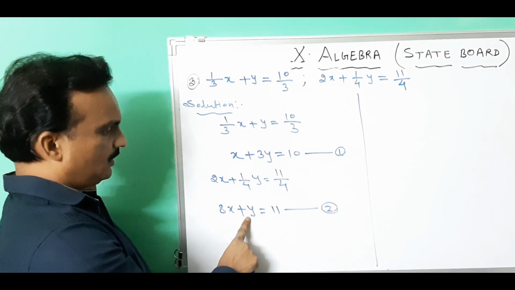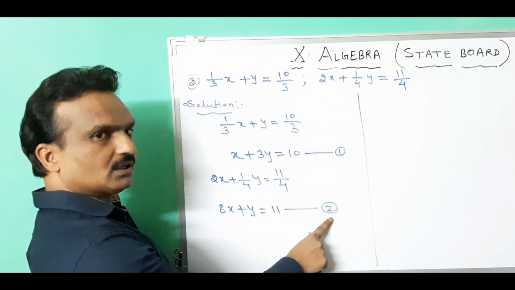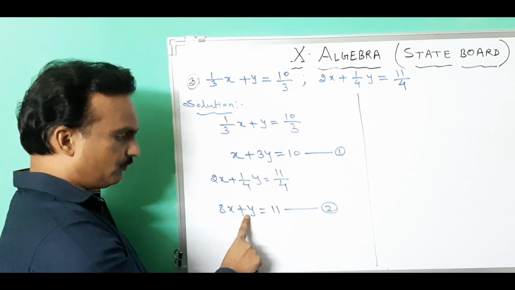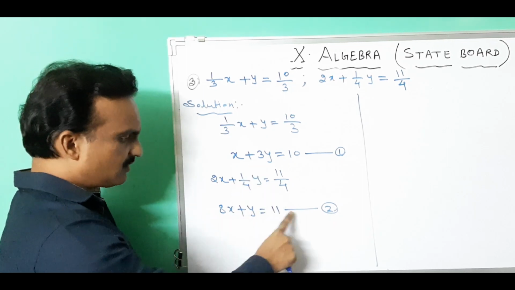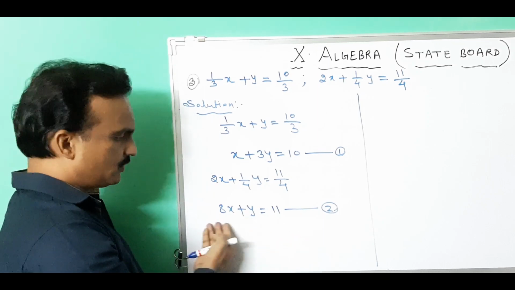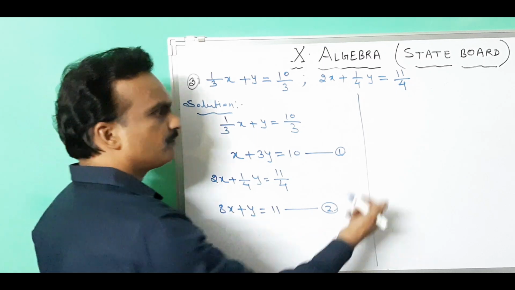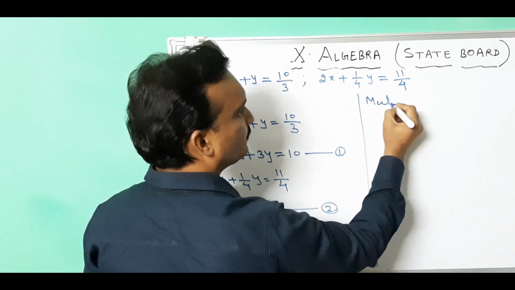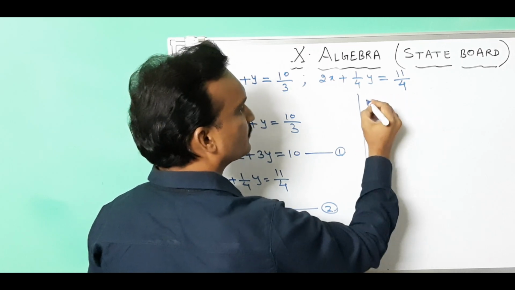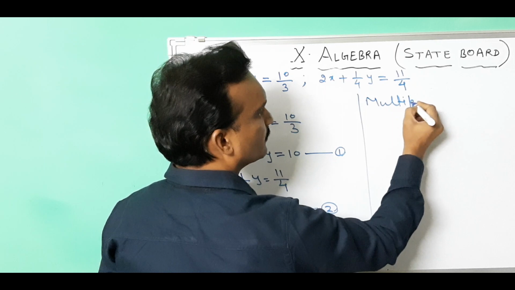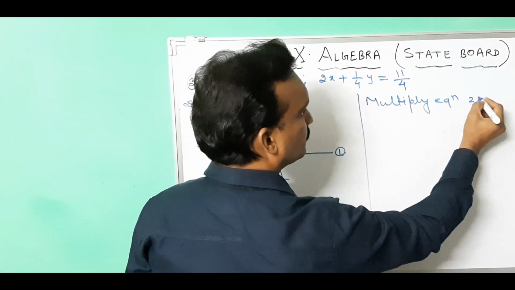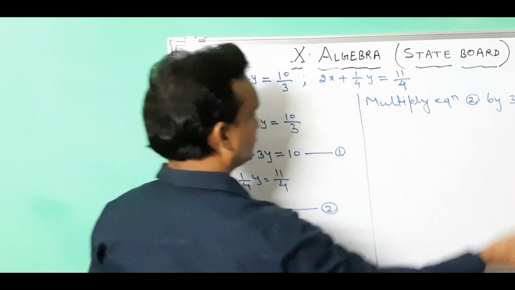ओके. सो हियर y का सेम करने के लिए y का कोएफिशिएंट इधर 3 है एंड हियर यू हैव 1. सो जस्ट यू हैव टू मल्टीप्लाई इक्वेशन नंबर 2 बाय 3. हियर यू हैव ऑलरेडी 3y, हियर 1 कोएफिशिएंट. तो यहाँ पे अगर हम लोग 3 से मल्टीप्लाई करेंगे तो यहाँ पे 3y आ जाएगा, एक ही बार में सेम हो जाएगा. सो विल मल्टीप्लाई दिस इक्वेशन बाय 3. Multiply equation 2 by 3.